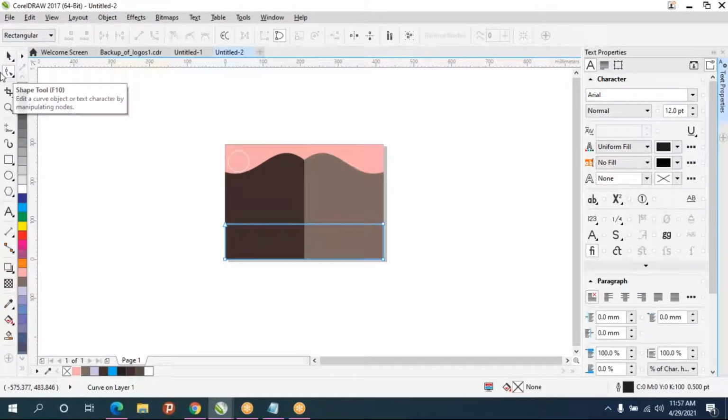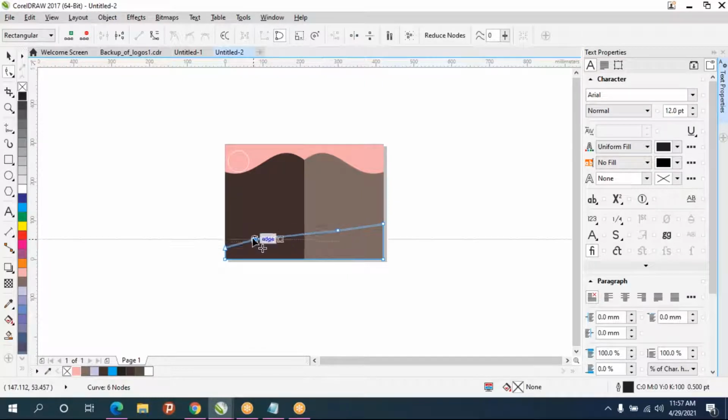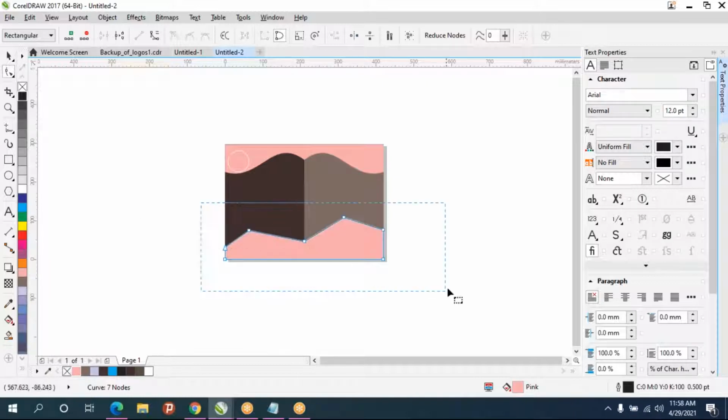Ctrl Q after taking shape tool or before also. We can add points.